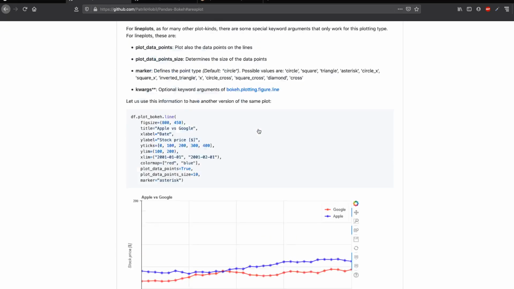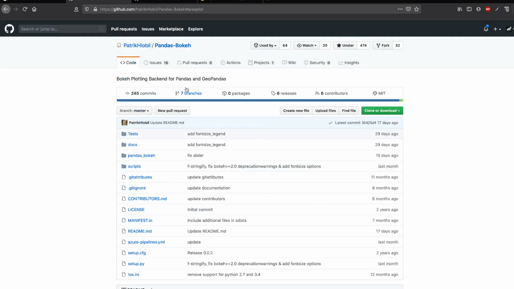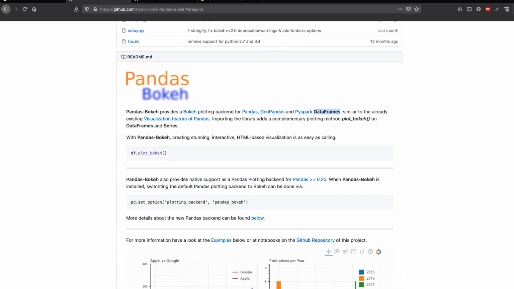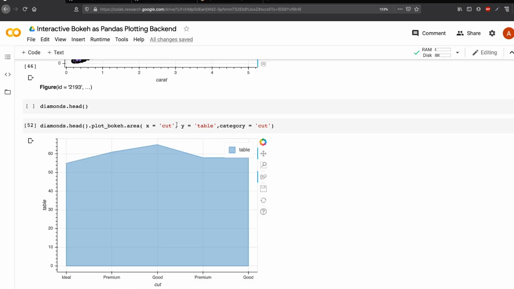So the other great thing about this package is that it doesn't simply work only on pandas, but it can also work on GeoPandas for GIS graphical geospatial visualization, and it also can work on PySpark data frames. So if you're someone who regularly works with big data like Hadoop, Hive, Spark, or maybe you have a Databricks notebook, so PySpark is the connection that you would be ideally using to connect it with those big data systems. And this library, Pandas Bokeh, directly lets you make interactive visualization on top of a PySpark data frame, which is actually a very cool thing.